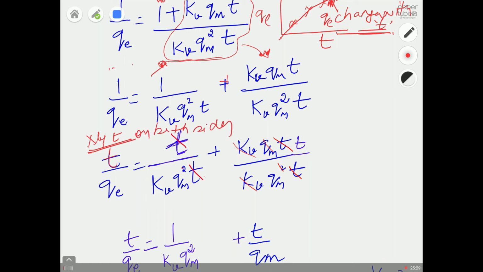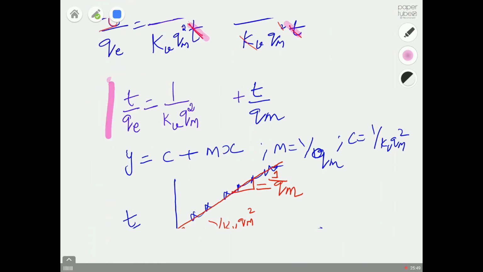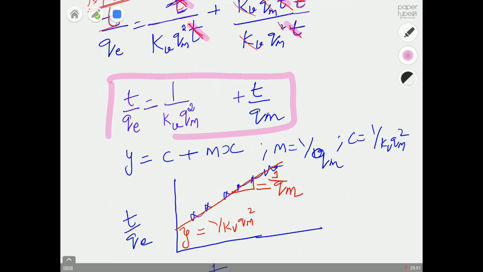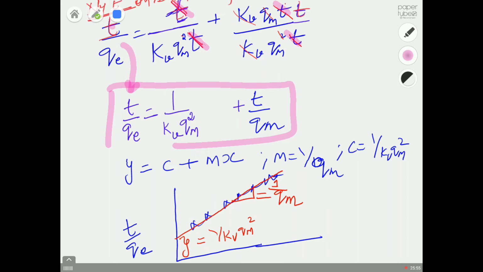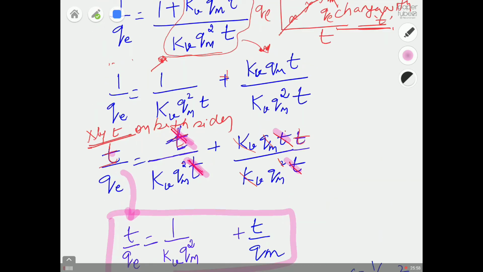So it will be like T by QE, and then I added T, another T here. If you have T in the denominator and T in the numerator, we can cancel them. So this T gets cancelled, and then this T and this T get cancelled. So you will eventually end up with this expression. So T by QE, just add the remaining parameters: here T and T get cancelled, so just 1 by this value